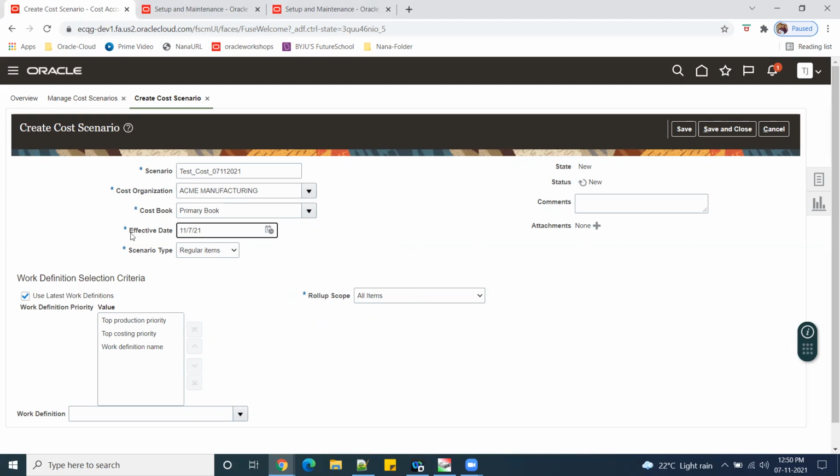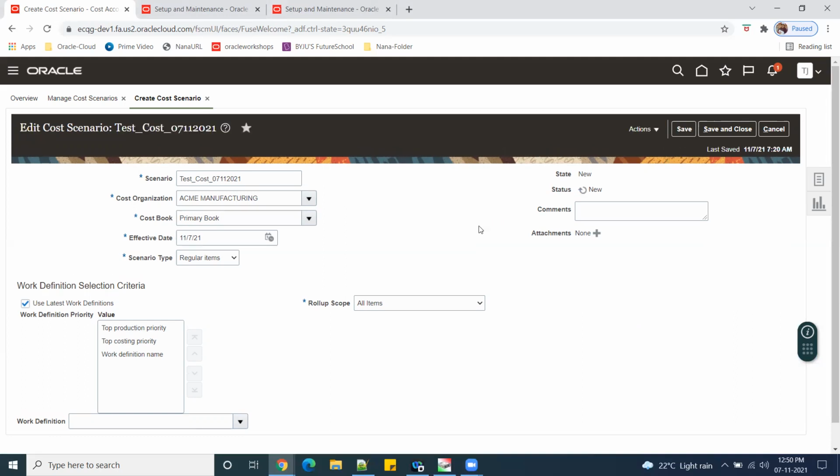It won't consider this date; it will consider 1/1/00 by default.